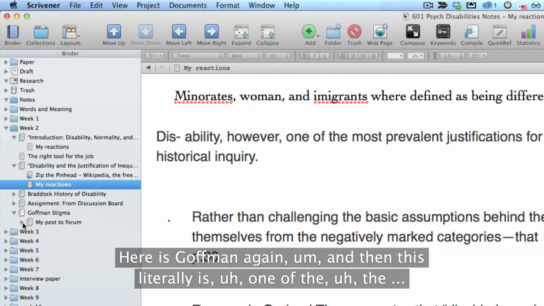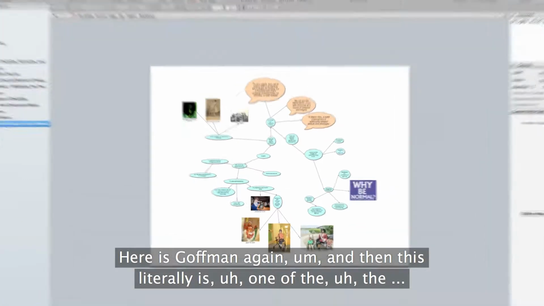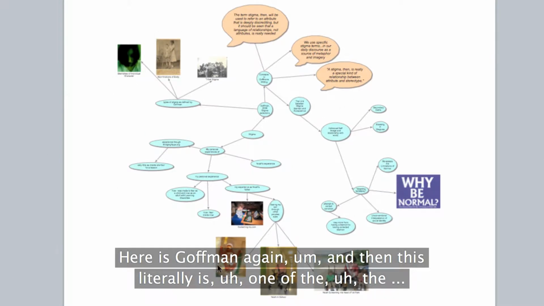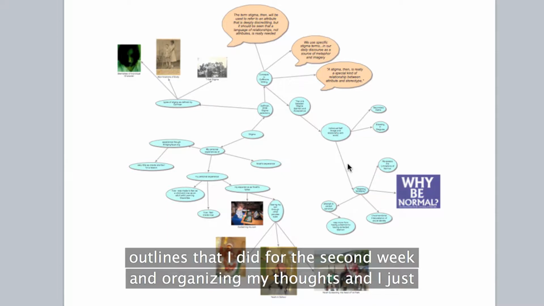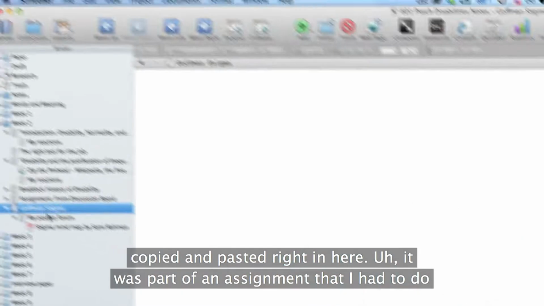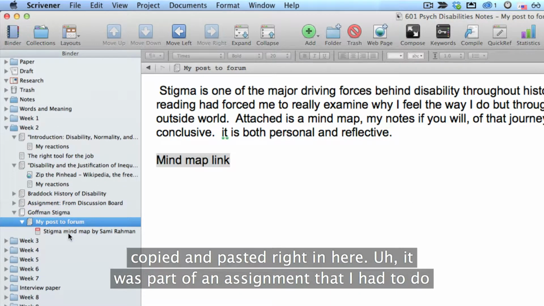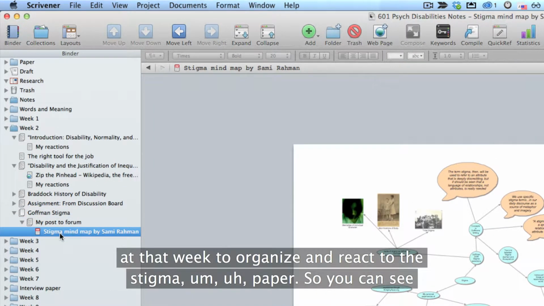Here's Goffman again, and then this literally is one of the outlines that I did for this second week, organizing my thoughts, and I just copied and pasted it right in here. It was part of an assignment that I had to do that week to organize and react to the stigma